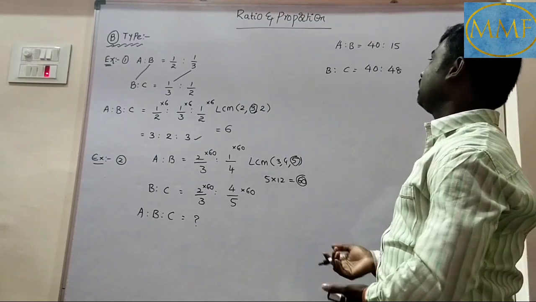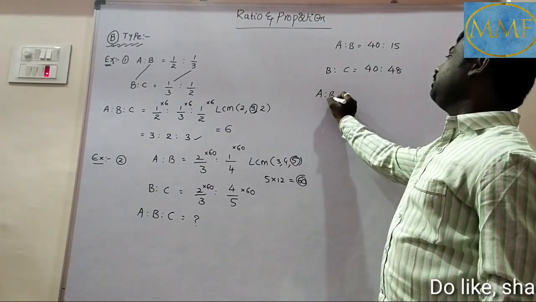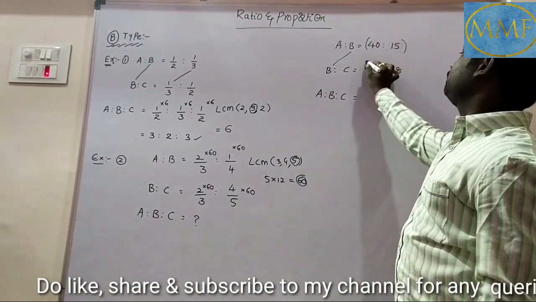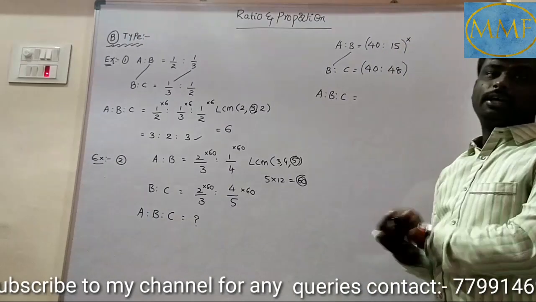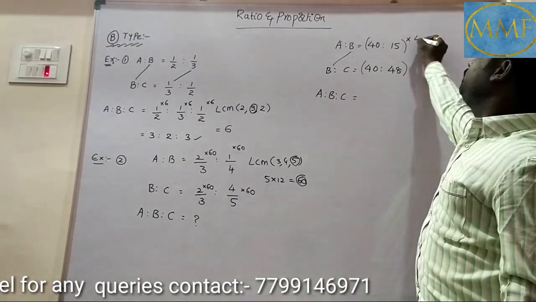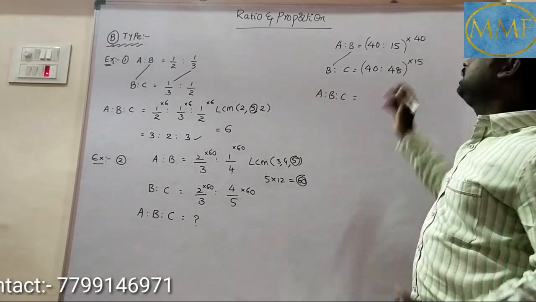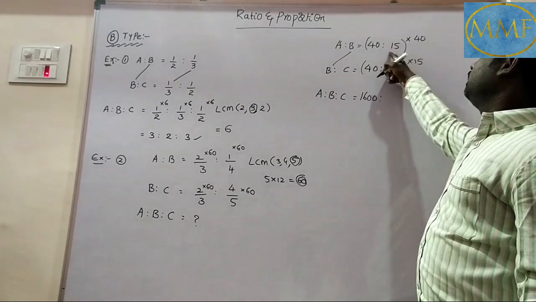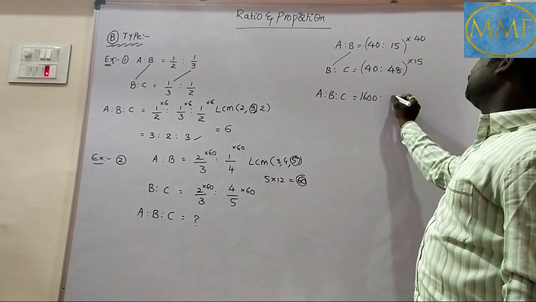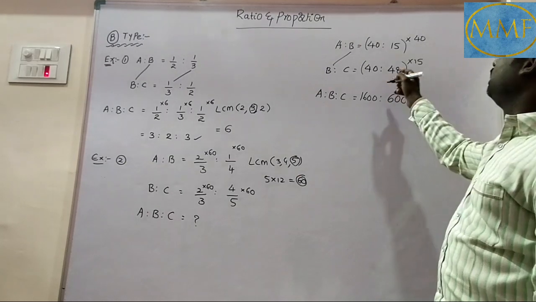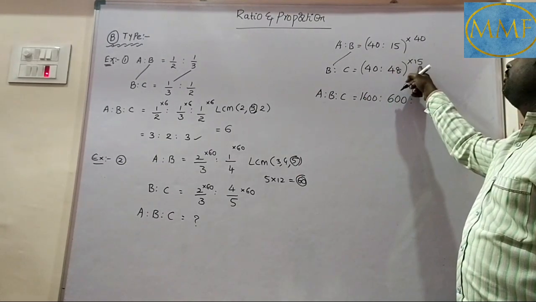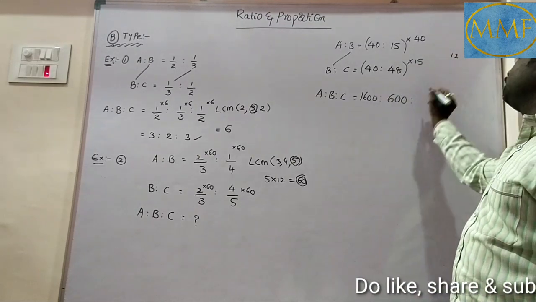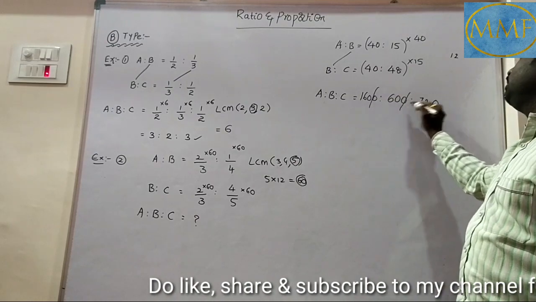Now very simple. I need A is to B is to C. If you want to get it, B must be the same. So which number should you multiply here to make B the same? Simple. Into 40. Here into 50. There ends the matter. 40 into 40, 1600. Now how much? 15 into 4 is 60, again one more 0. Again 15 into 8 is 120. 15 into 4 is 60 plus 12, 70. 0, 0, 0 cancel.